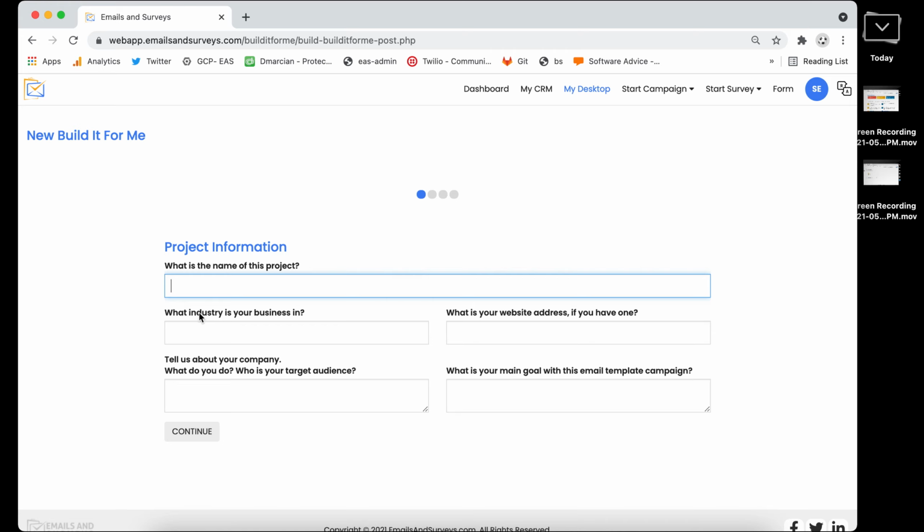So we'll say, what is the name of the project? We're going to say go live. We're in email marketing. And you'll put your website in, dot com. Who's your target audience? Small businesses. What's the main goal of the site? Generate